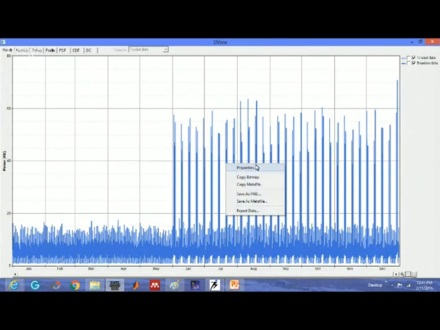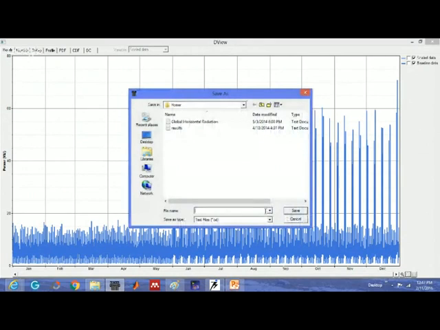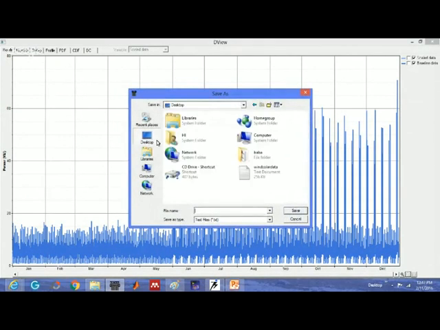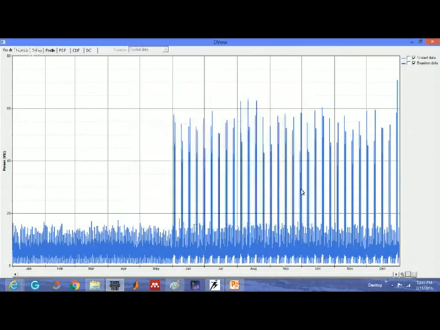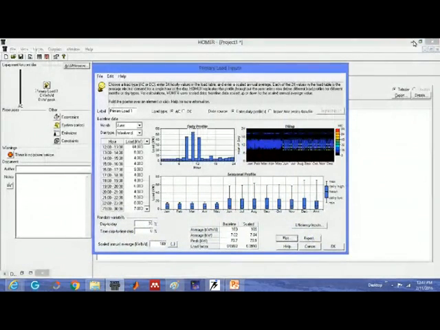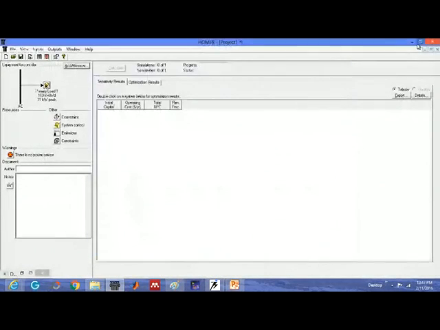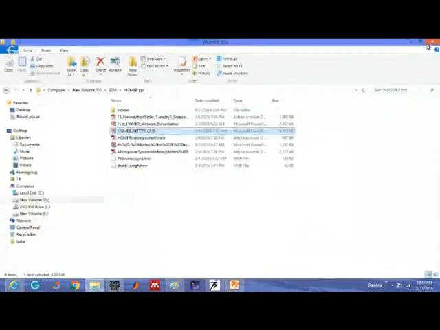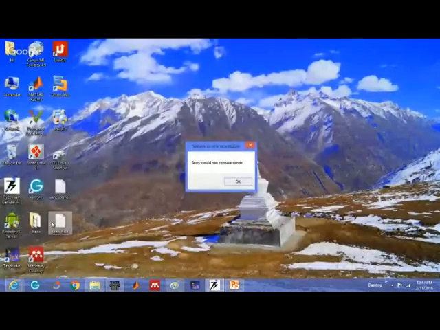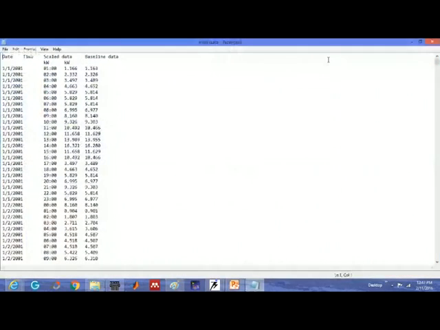So what I'm going to do is, again, I can save this file in any format, MATLAB. I want to see this data. I want to export this data. So this will be the original data. Let's say I'm exporting it. This is load data, right? So there will be a file generated on my desktop. Load data. See,